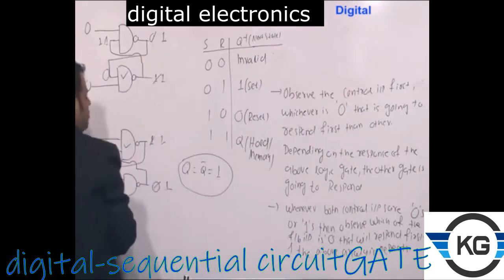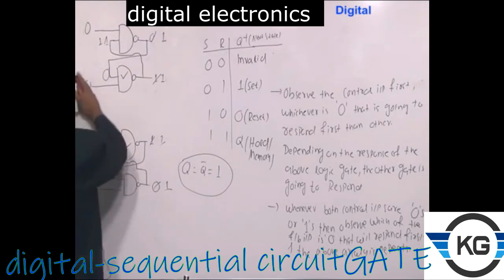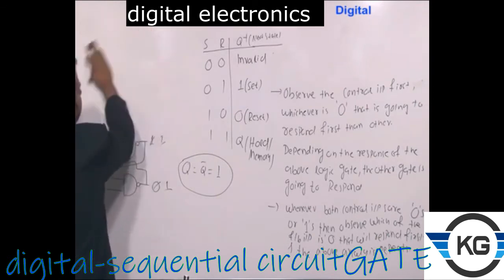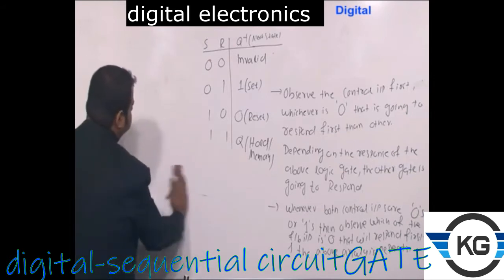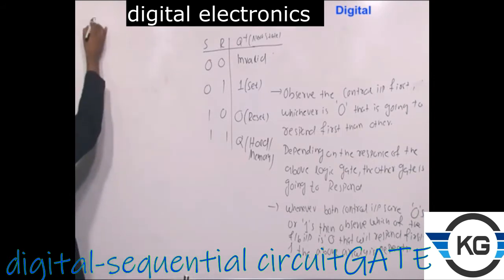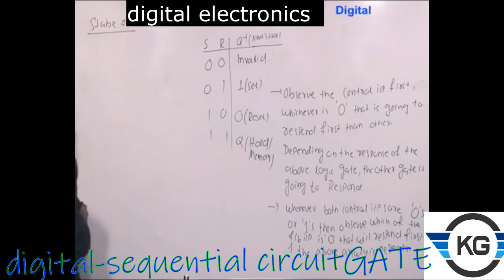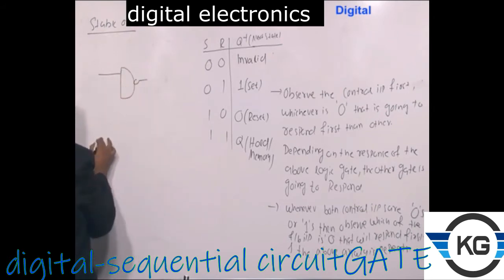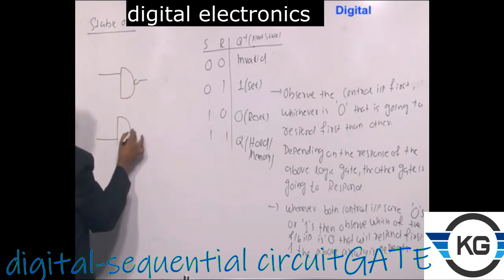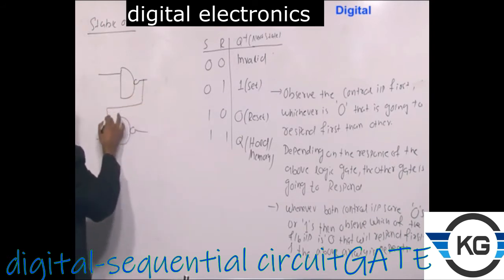Now, in the questions you will be getting something like a stable output. They will use an adjective in the problem statement, as we are going to see. They are saying something known as stable output. What is the meaning of this? See, for example, suppose I am considering 2 NAND gates again. What is going to happen if you are not following those 3 rules? That's what I am going to show you here.